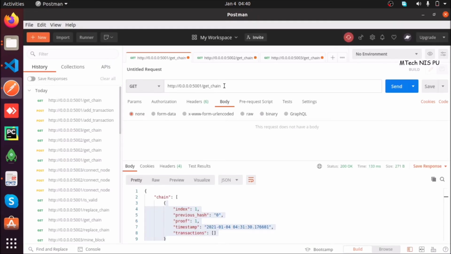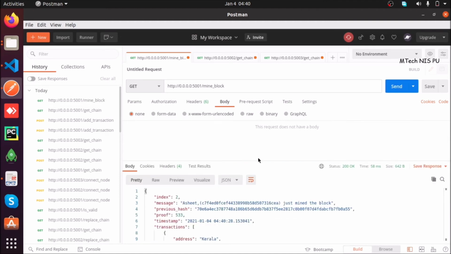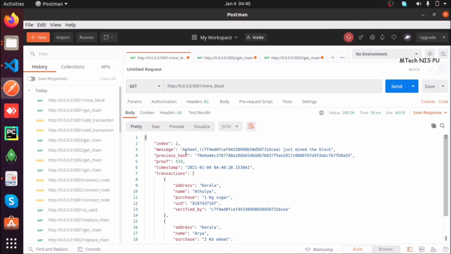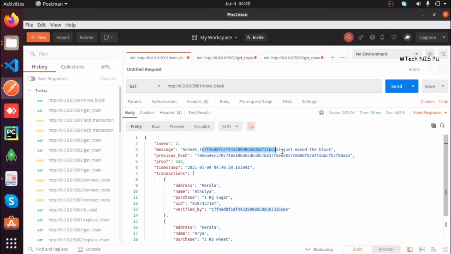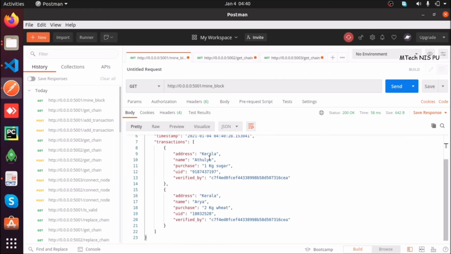So we will call this method mine block, and it is a get request. We are not sending any data. Let me hit enter. Okay, so I got some response, a message like "Just mined the block", and it is giving me a unique address. And these are the transactions, the user data which I have entered just now,